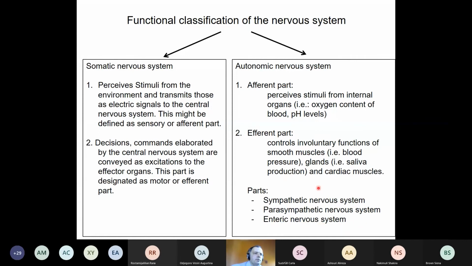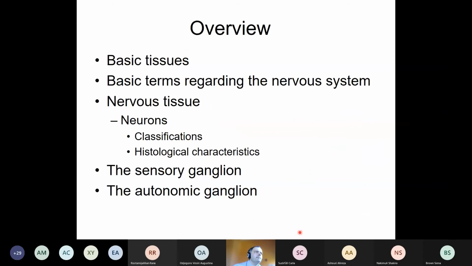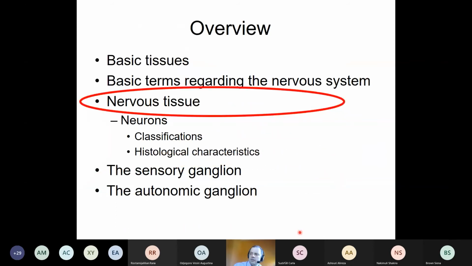In the third semester, when you talk about the autonomic nervous system, more detailed lectures will discuss this, but this is how we can divide the nervous system according to the function. And I think it was enough with the introduction. Now you know